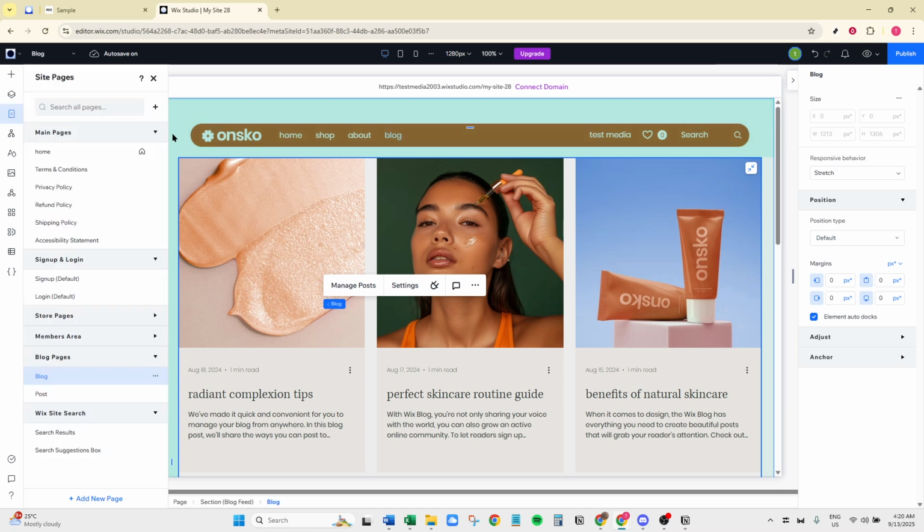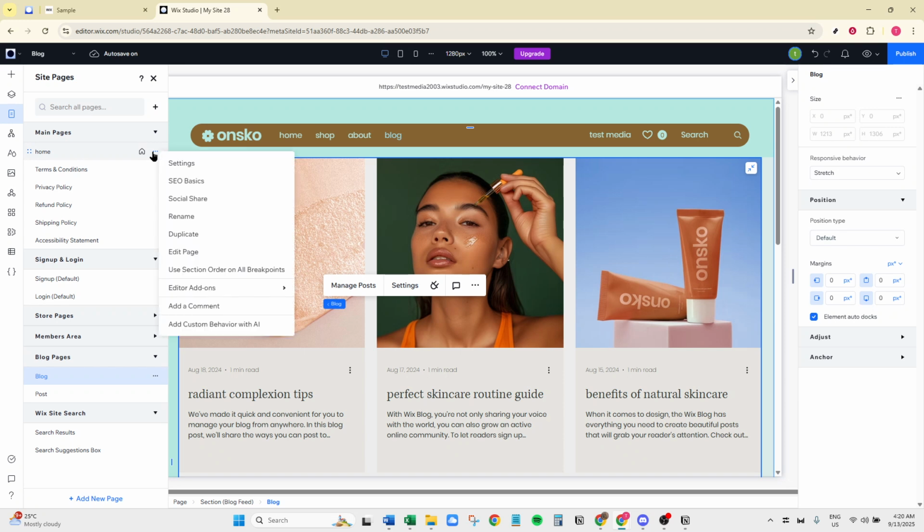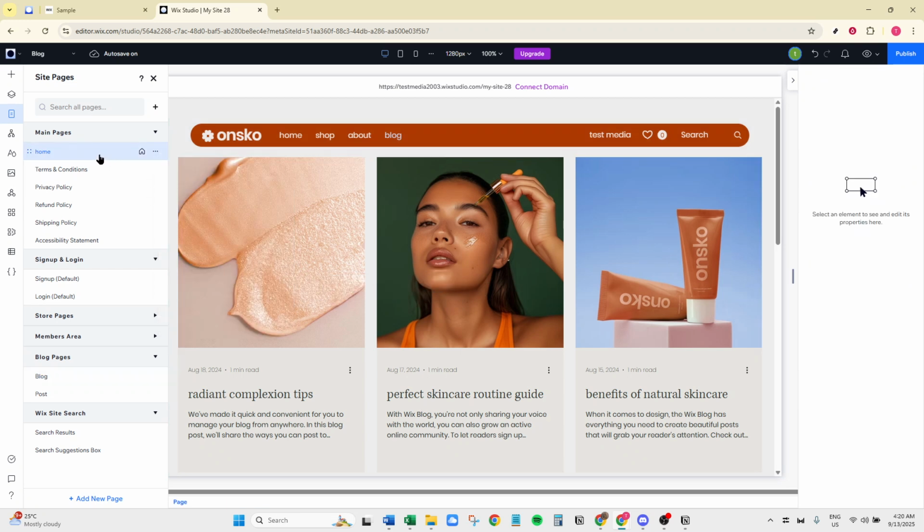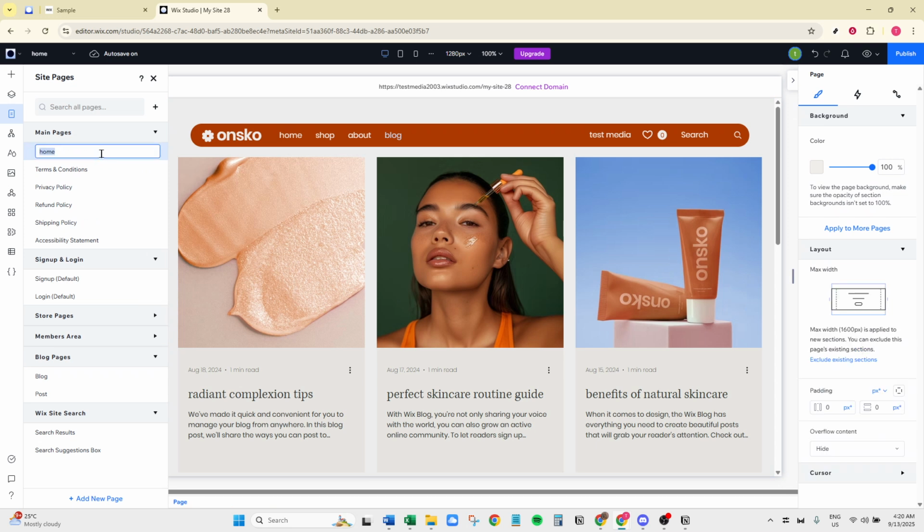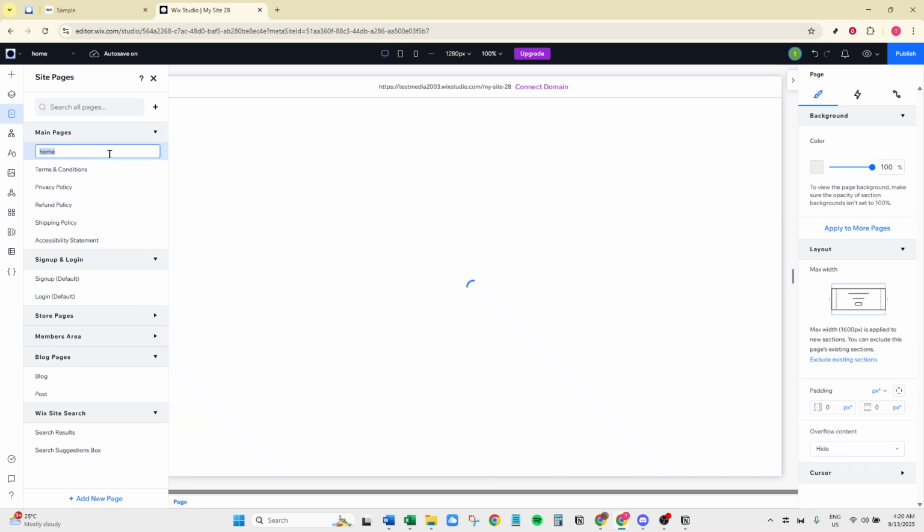To add your category page, look for the three dots next to the menu item where you'd like to place your category link. Clicking these dots will give you a few options, one of which is Change Link. This is what you want to select. Afterward, a new set of options will appear. Choose Web Address from this list. This option will allow you to insert the URL you copied earlier.